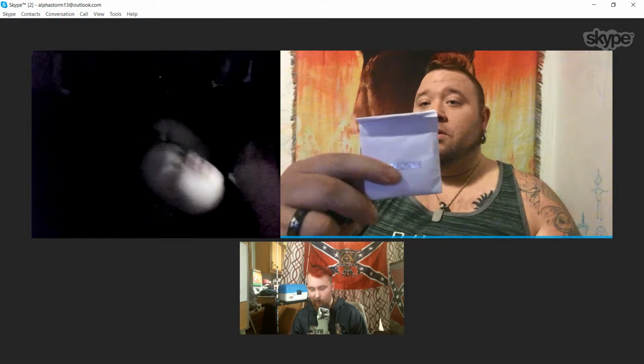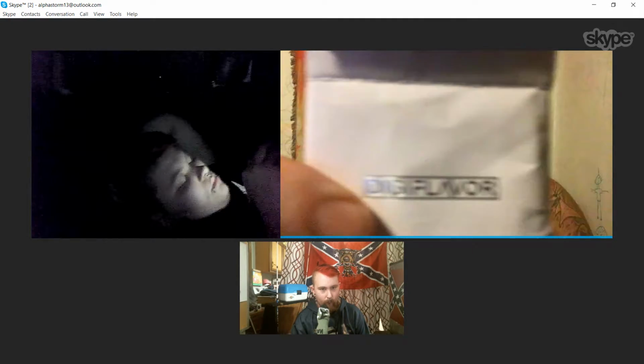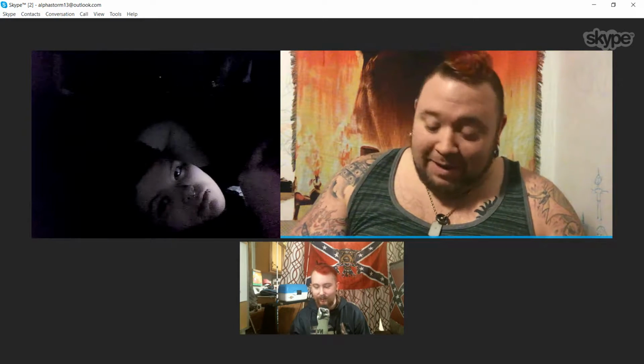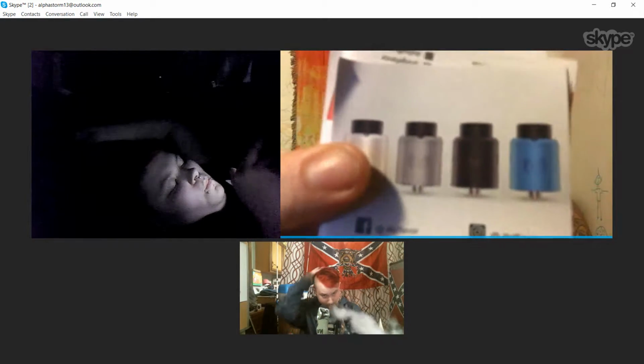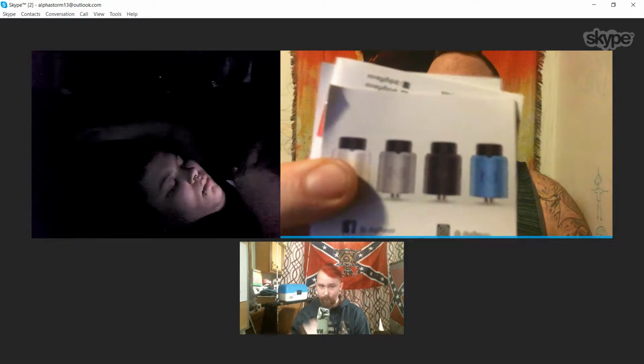Then it comes with the little envelope that has the Digi Flavor written in silver, which I think is actually a nice little touch. Yeah, that is a nice little touch. I like it. It makes it look nice. It's fancy. Then you have your little card that kind of shows the different colors you can get. Which I really wish they had the blue. That's the one I had, but